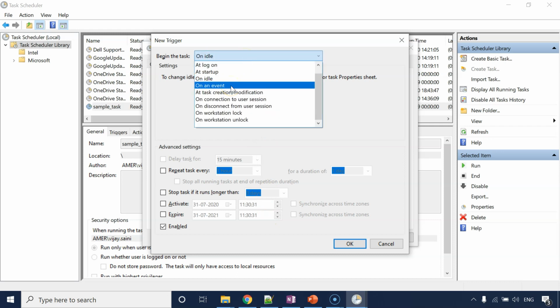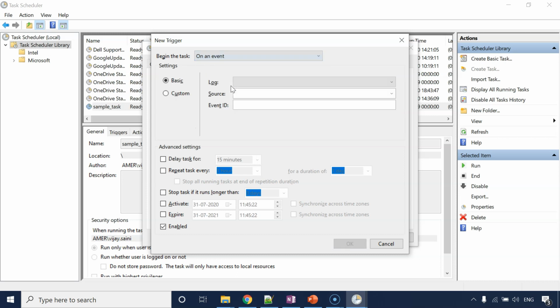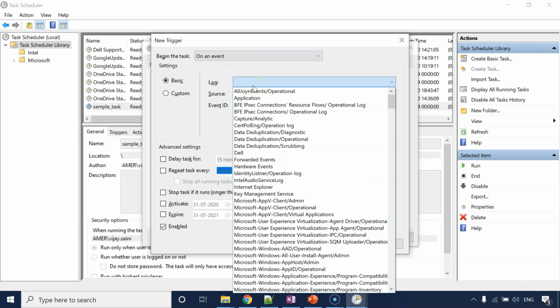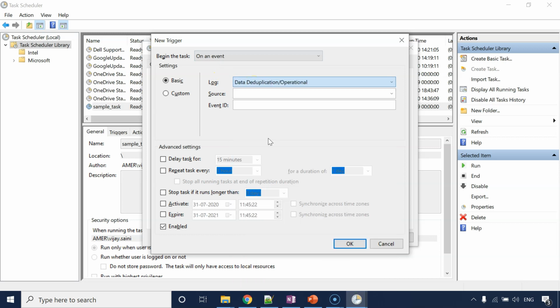If you wish to execute your task upon some event that happens in your system, you can go for event based triggering, right? So here you can choose what type of log you want and what is the source and event ID of your event. And whenever this particular event occurs, your scheduled task will get triggered automatically.